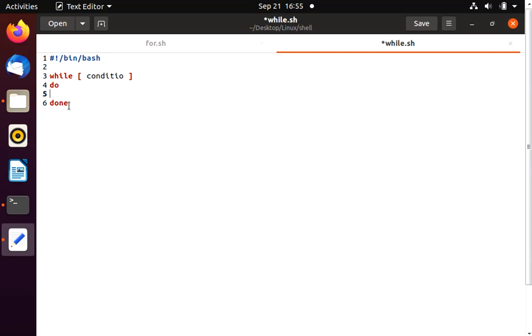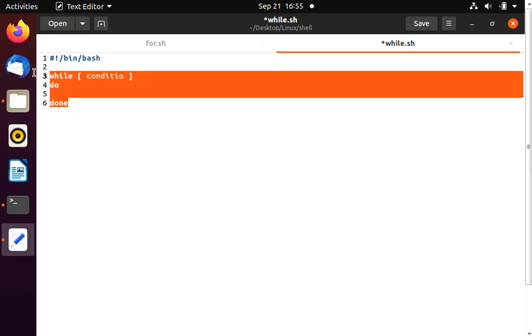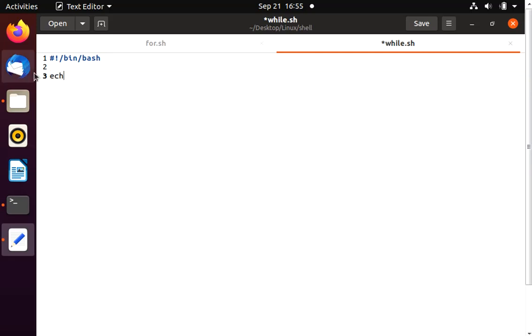So let's write the code for the multiplication table. We will take the input from the user, echo enter number, and read num. So this is the number whose multiplication table you want to print.